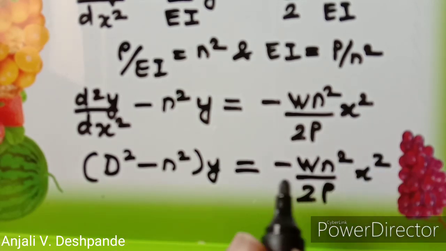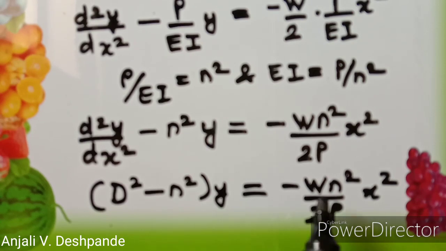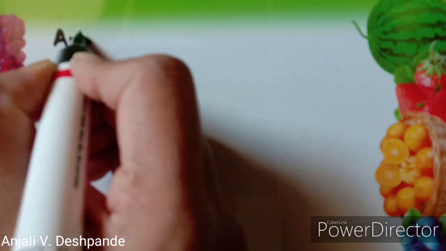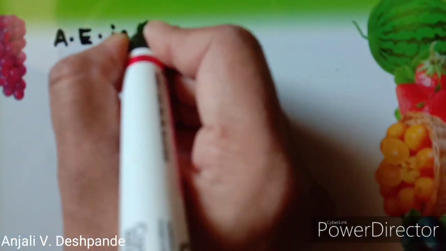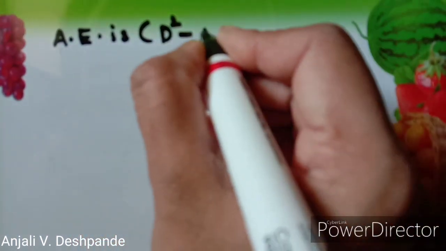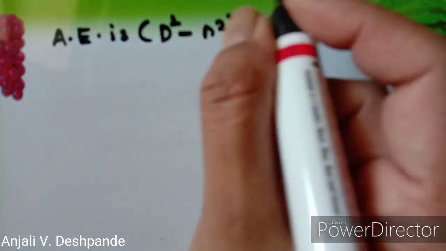Okay, now we are going to solve this in the usual way. So first we are going to find the CF, then we are going to find the PI, and then we are going to write the solution of this particular linear differential equation which we have generated. Once again, what we are doing, we are finding the elastic curve for the beam under some given conditions. The auxiliary equation for this particular differential equation is D square minus n square is equal to 0.